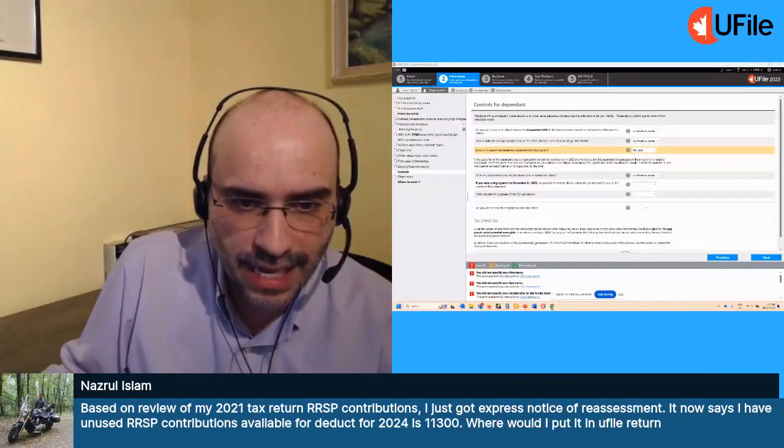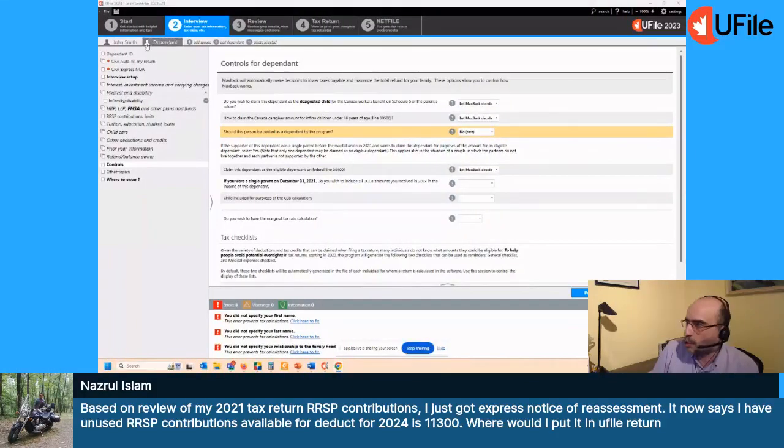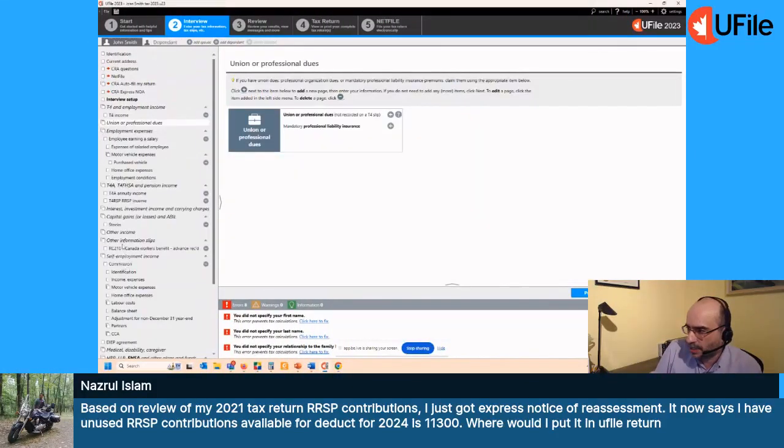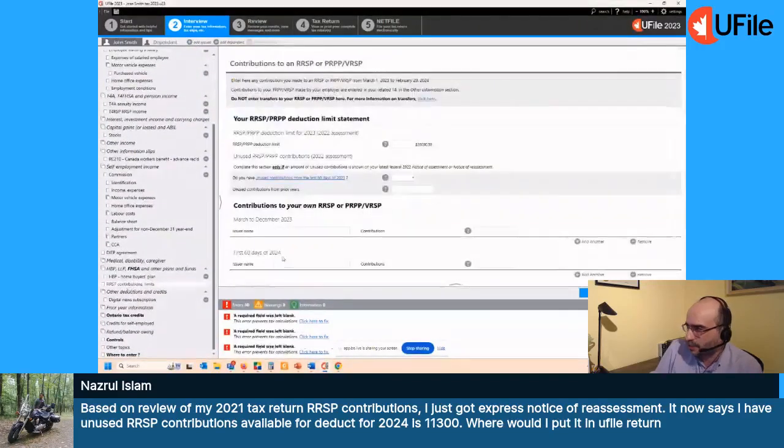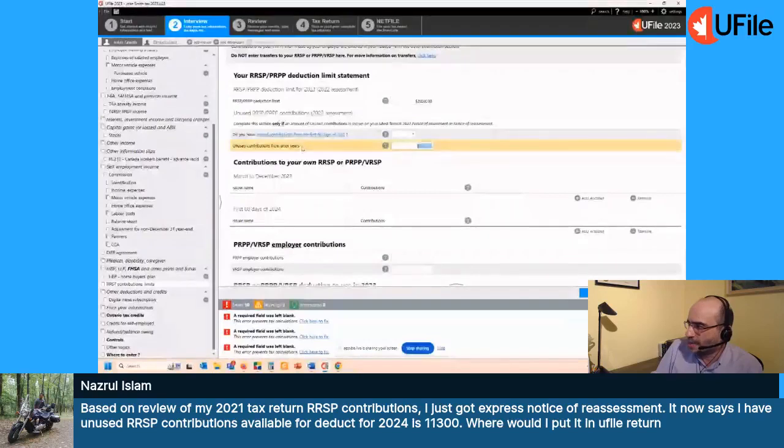When you go to the RSP contributions and limits section, you'll notice right here you've got the entry for unused contributions for prior years. So just plug in the 11,300, and the program will apply it. I went into detail on how to enter these things in the software at the beginning of the video, so go back to the beginning when the recording is put up, and you'll see it there.